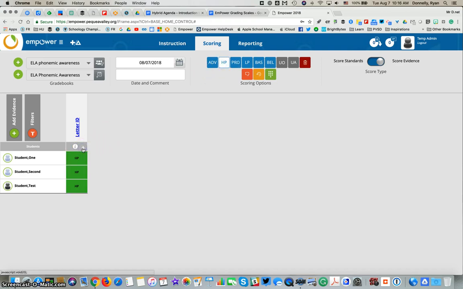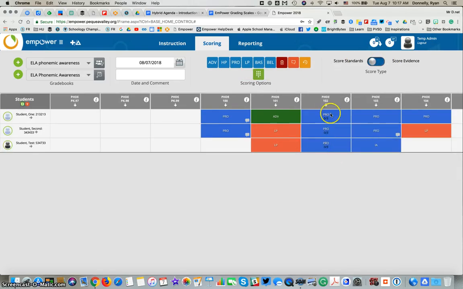But I can always override all of them or a single one, just like that, or by clicking the typing and go ahead and type in that space. So that's how I create an evidence, by using the add evidence, giving it a name, description, attaching some standards and scoring, and as well as assigning grades through the buttons up here or the typing keypad there. So that's the scoring evidence tab and how you'll assign grades that then later go into